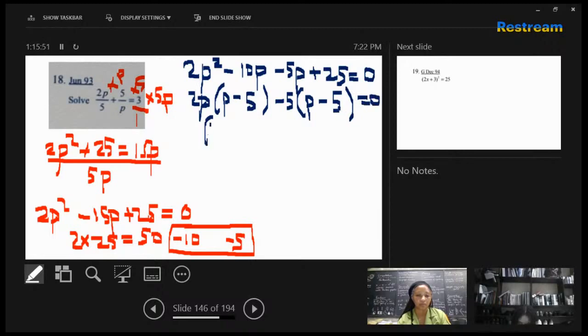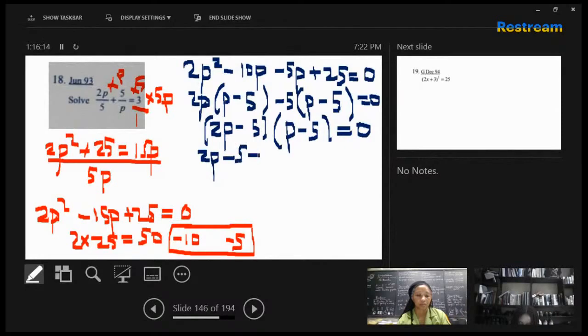Okay, so it would be 2p minus 5 and p minus 5. Okay, so 2p minus 5 is equal to 0. So 2p is equal to positive 5, and p is equal to 5 over 2, which should be 0 point